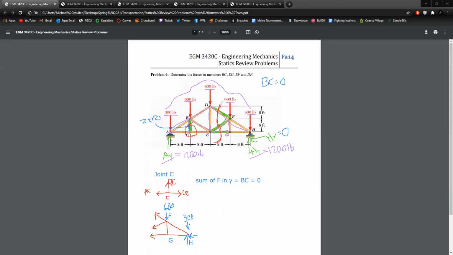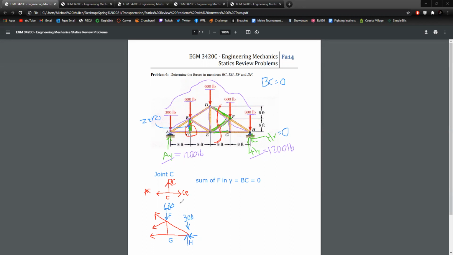So now that we've taken our cut and drawn our free body diagram, we can go ahead and take a moment. The goal of taking a moment in any one of these problems is to eliminate as many of these unknown cut arrows as possible. So we can either take our moment at F and get rid of these two, or we can take our moment at E,